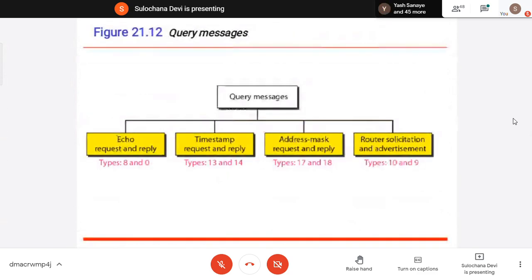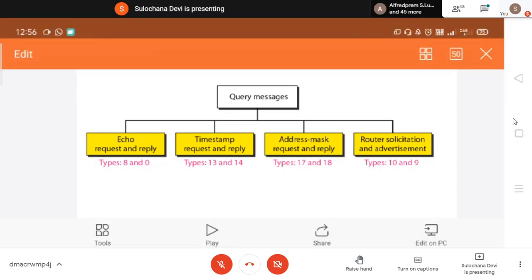A query message is like when we want to find out whether we are connected to some machine. So we send a ping. Even now we are using this echo request and reply. I don't know whether I'm audible to you or not, so whenever I have a doubt, I ask you people, am I audible? You people say yes or no. That is a way of confirming whether we are connected. Are you able to listen to me? That is echo request and reply. So that is a ping. You send something, and if that machine replies, it means we are connected. If that machine is not replying, it means we are not connected to that machine. So that is echo request and reply.